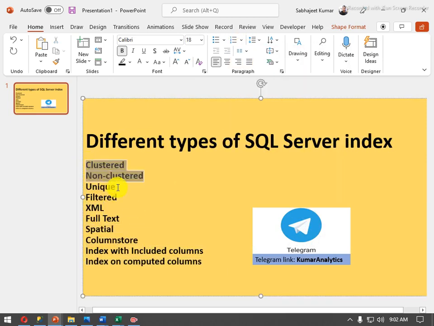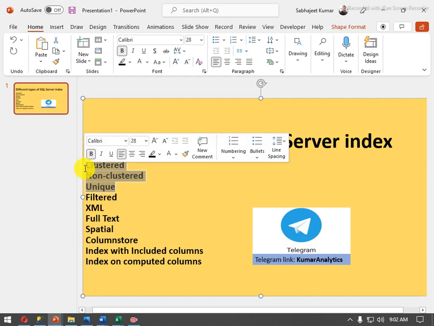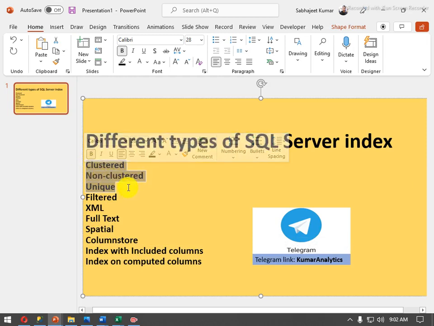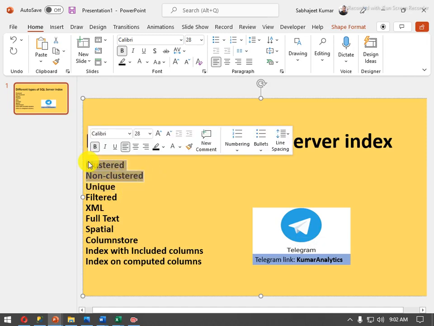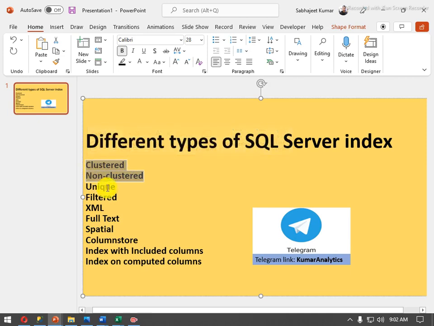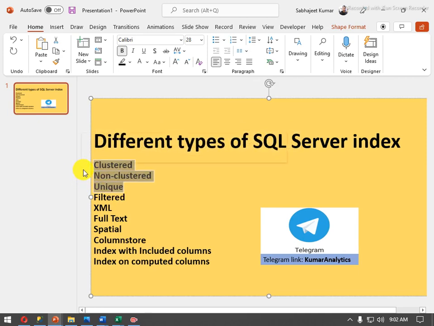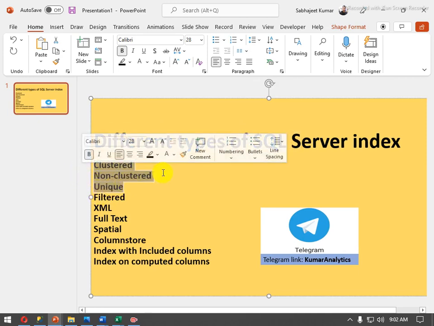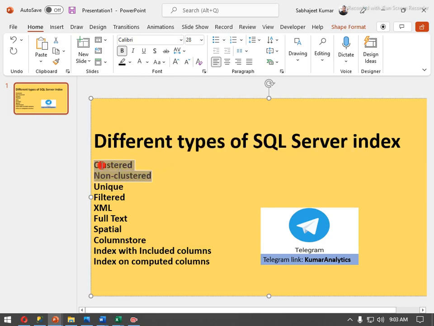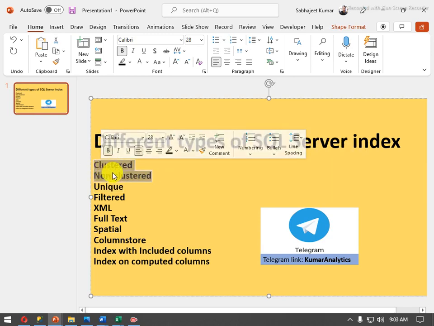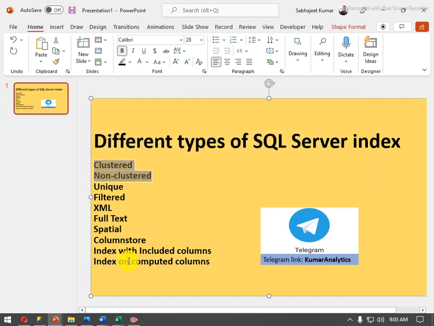So these are the 10 types of index. But what we will cover, the most important things, are only these three kinds of index, the main basic indexes. By the way, clustered and non-clustered index are the basic index, and the others are not basic, but are really kinds of index. So an index can be in only two types: either a clustered index or a non-clustered index. So let us see what the roles of the index are.